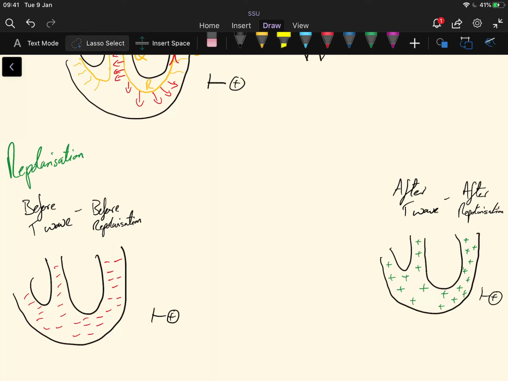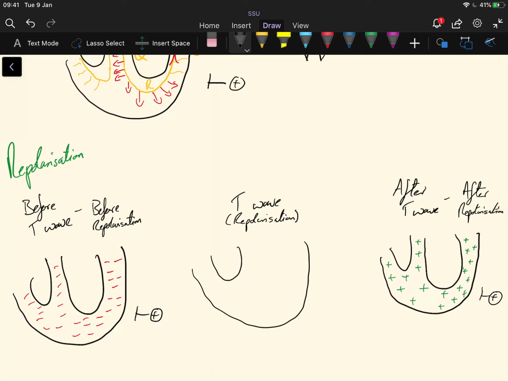Okay, so that's before and after. So what happens during the T wave? During repolarization. Well, what you see is repolarization moving from the outside of the heart in, as I say. So what you see, if you take a snapshot during repolarization, you see,